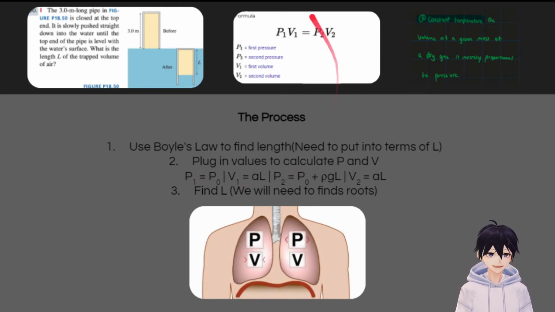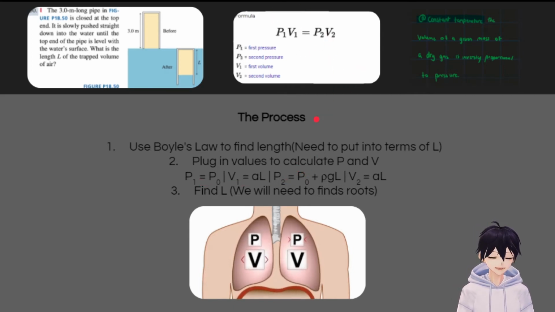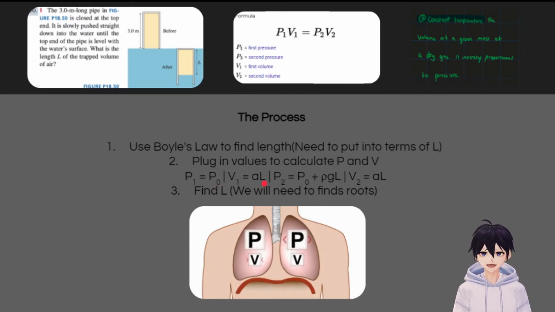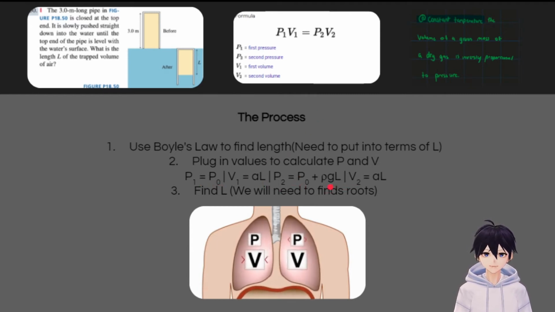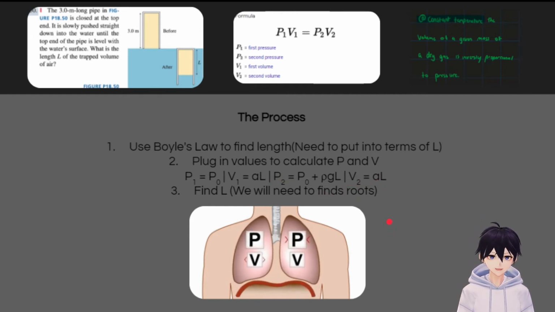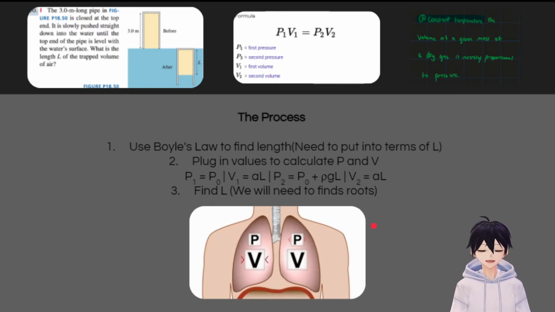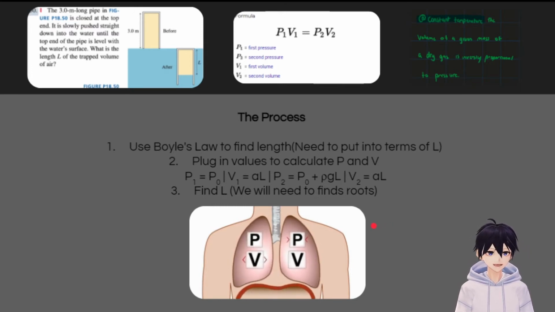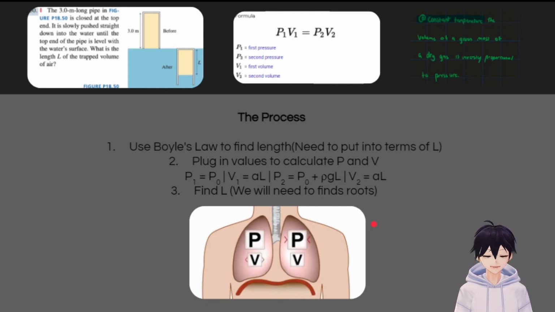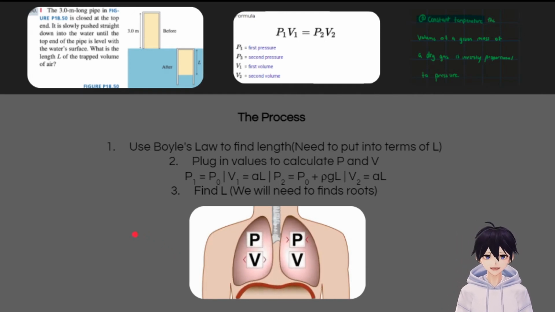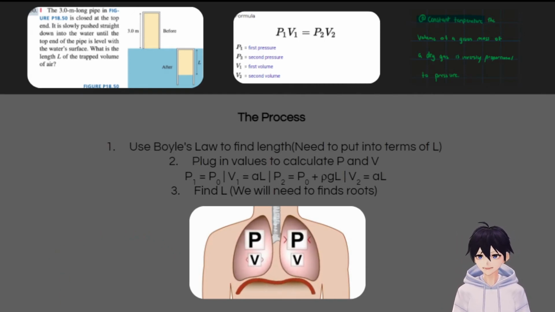If we look at the equation straightforward, we don't have L to find the length, but if you notice, once we start plugging in how we're going to calculate each variable, we do have the L values. But as a spoiler, we're going to have to use the quadratic equation to find roots to be able to find what the length is, because it's going to be hard for us to isolate the L in itself. So we'll get into the specifics of that when we get to the calculations, but for now let's start with